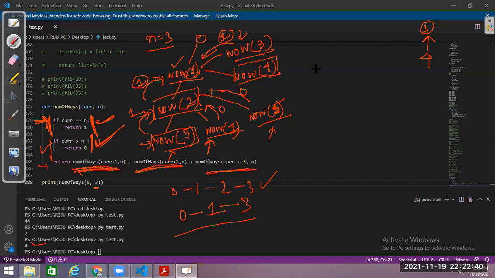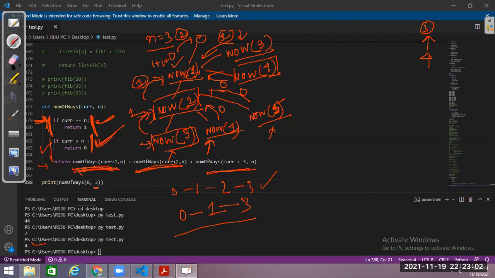This is not possible. So it will return 0 to the previous function call. Now number of ways of 1 has completed its calculation, that is equal to 1 plus 1 plus 0, and it will return 2 to the previous function call. This part is done.